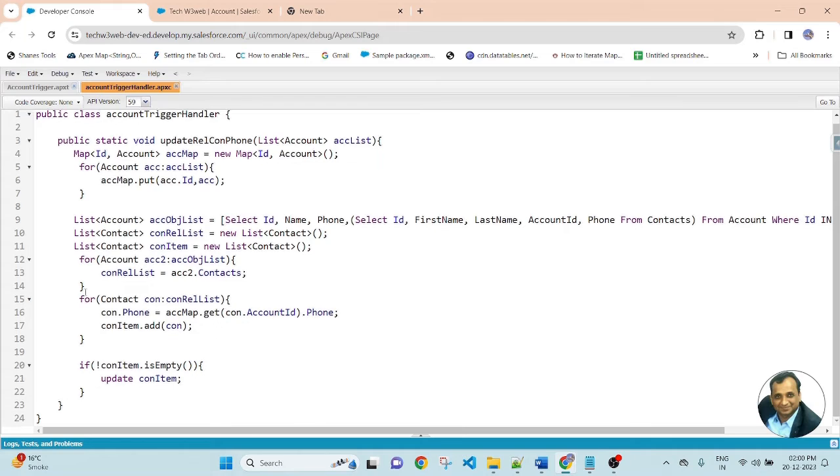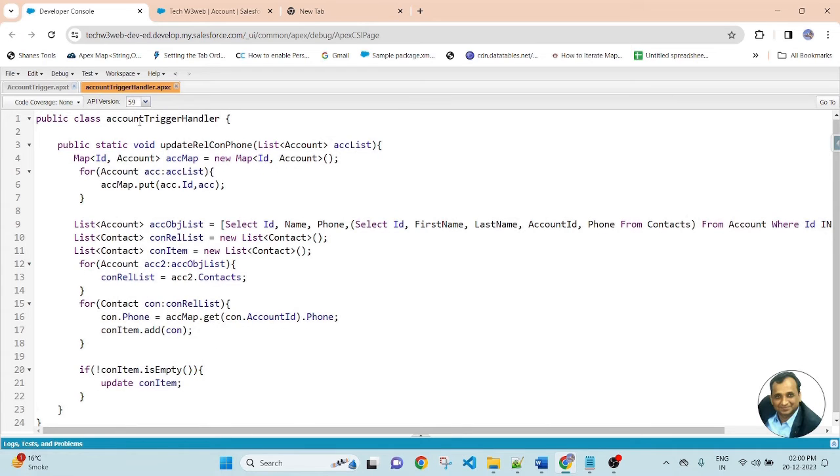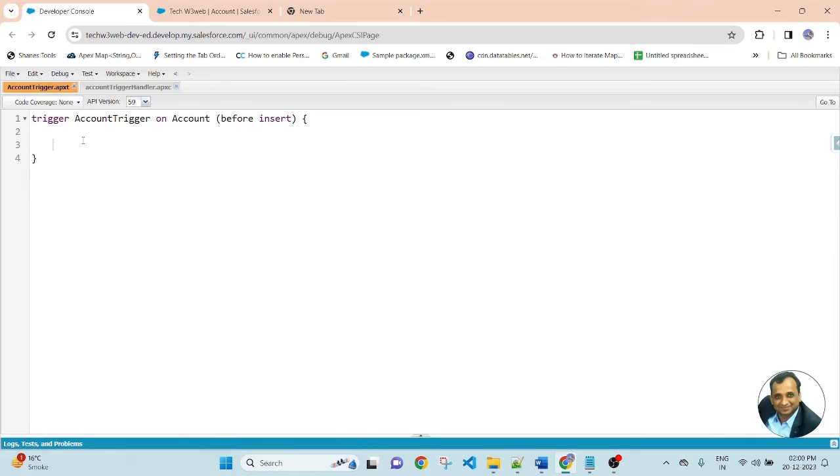After that, I will be call this Apex class controller and method into the account trigger. So this is a before insert by default. Here I will be passed two action before update and after update because this Apex class trigger execute if account record is updated. So here I am passing before update and after update. Before update, comma after update.